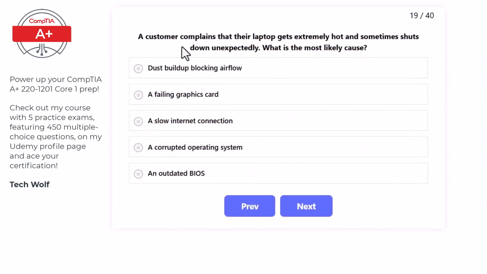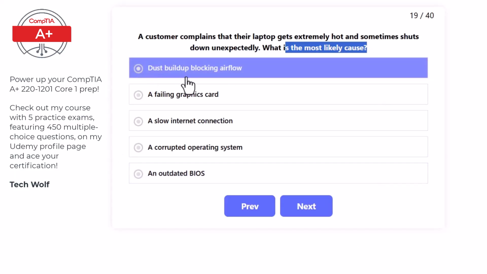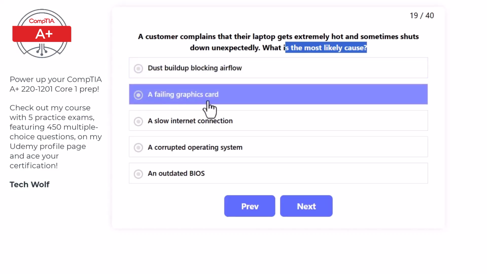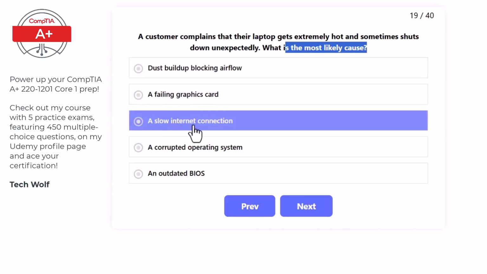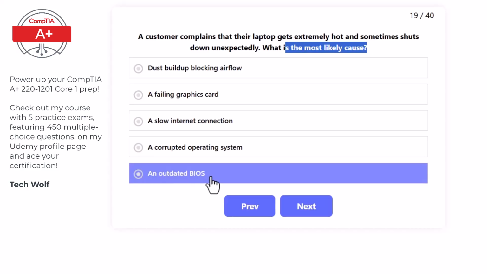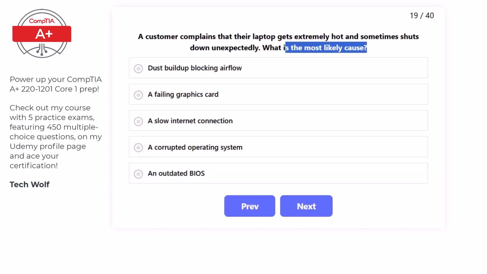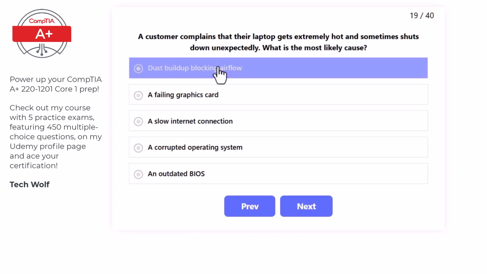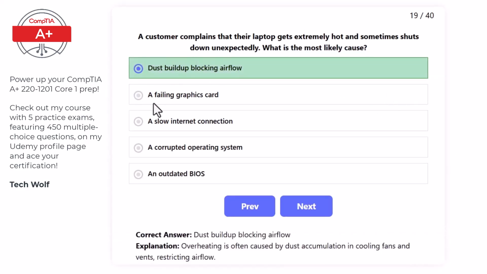And next question. A customer complains that their laptop gets extremely hot and sometimes shuts down unexpectedly. What is the most likely cause? So when your laptop is getting extremely hot and it shuts down unexpectedly, what would be the most likely cause from these answers? Dust buildup blocking airflow, a failing graphics card, a slow internet connection, a corrupted operating system, or an outdated BIOS? And here the correct answer would be dust buildup blocking airflow, as most likely that is